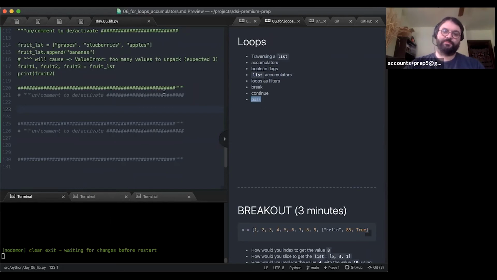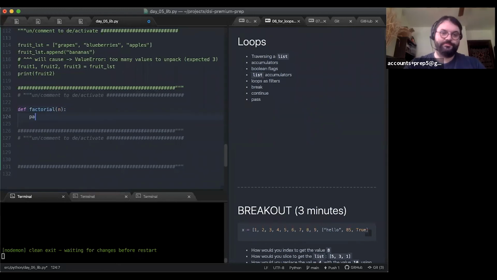I want to mention this about pass actually right here. You've seen me do this a few times. Def factorial, pass, right? If I'm just talking about defining a function really quickly, and I don't want to write the whole rest of the thing, pass, you can think of it as a placeholder.